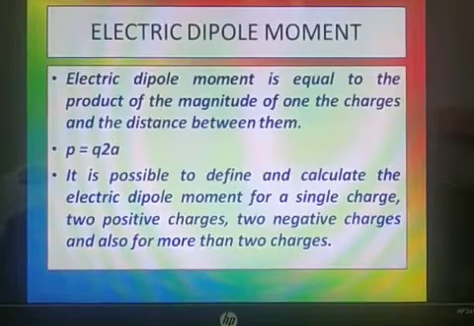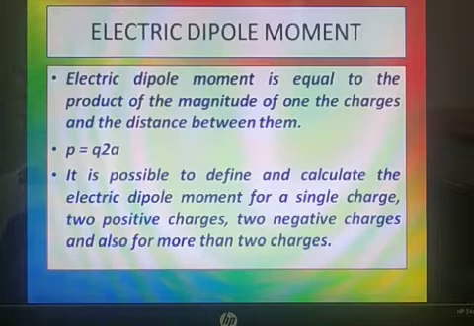This type of electric dipole can produce an electric field at different points. So in the upcoming topic, we are going to discuss how the electric dipole produces the electric field value with respect to the